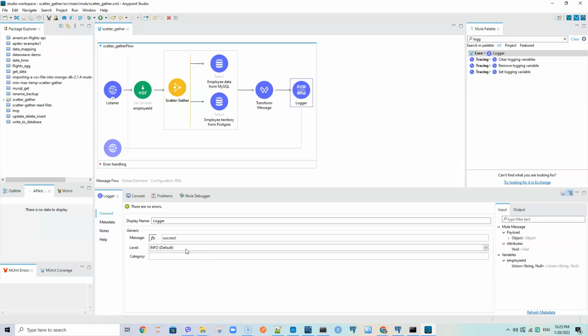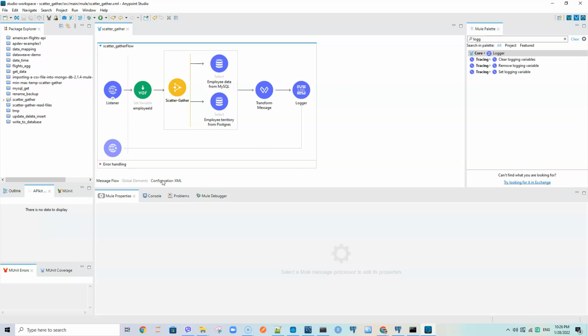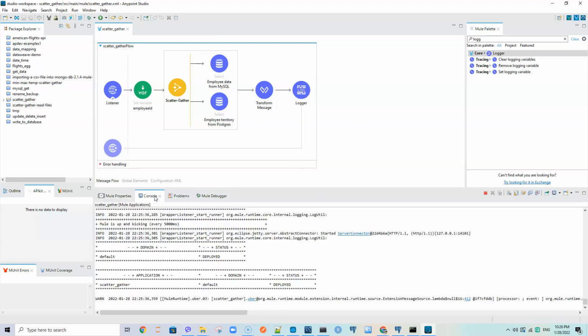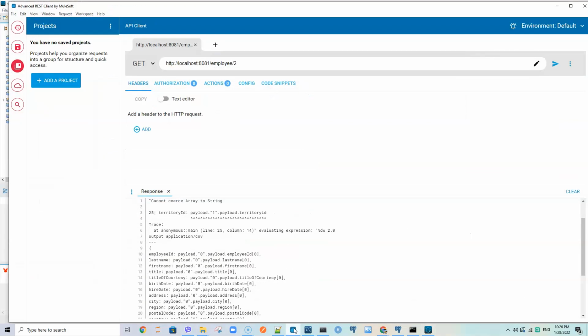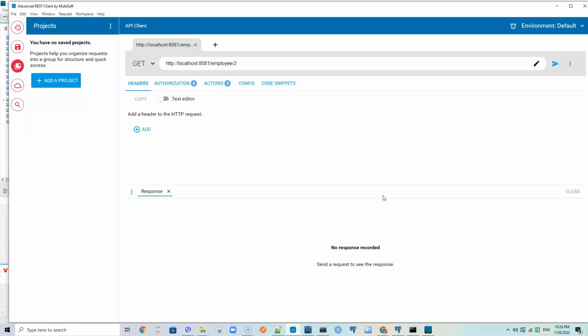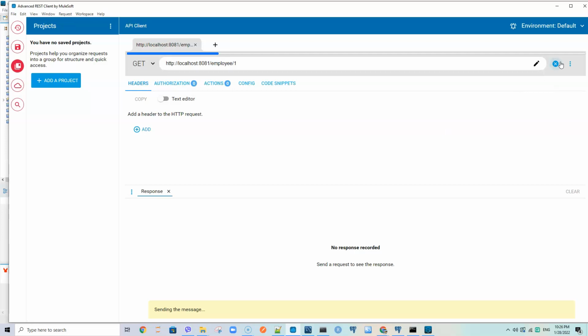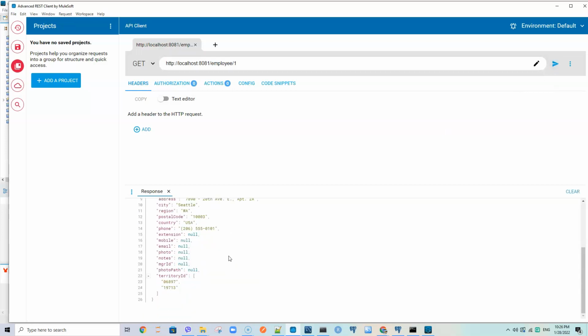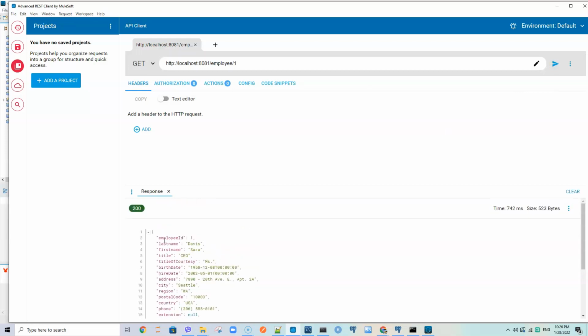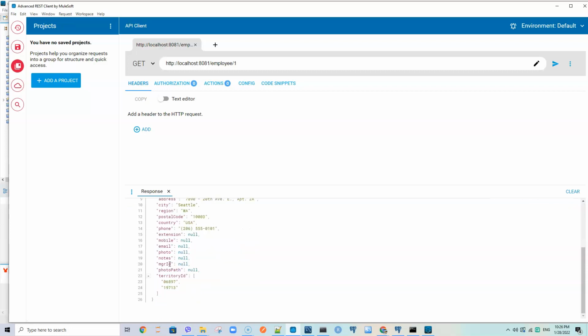I have also added a logger here with the message success. So I have deployed this project. Let me see if it has completed deployment. Okay, so it is deployed. Now I can go here to clip this. I can come to Arc and submit for any employee ID, like for employee ID 1, submit. So we see it returns employee ID, last name, first name, title, and so on, and territory ID now is